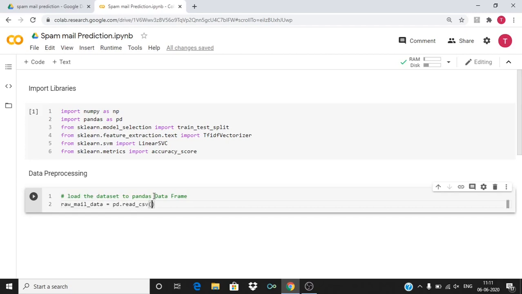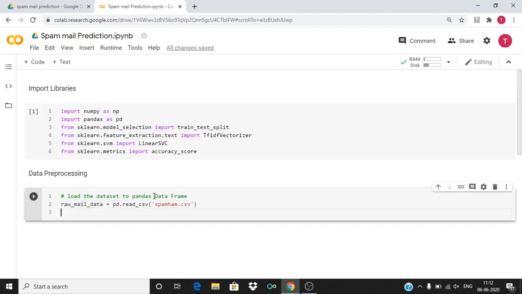This function reads the CSV and stores it in a pandas data frame. Now we need to replace the null values with a null string, otherwise it throws errors because it doesn't recognize the text.